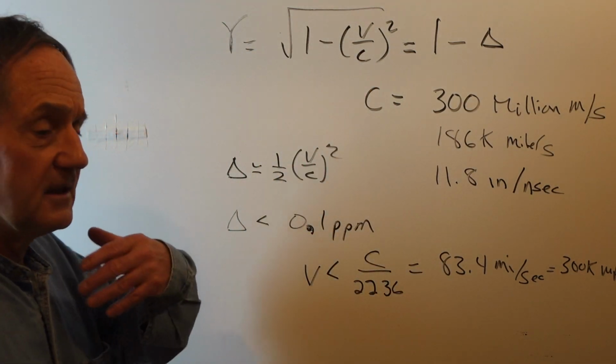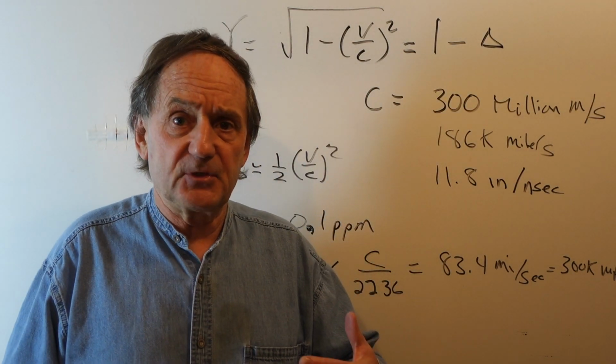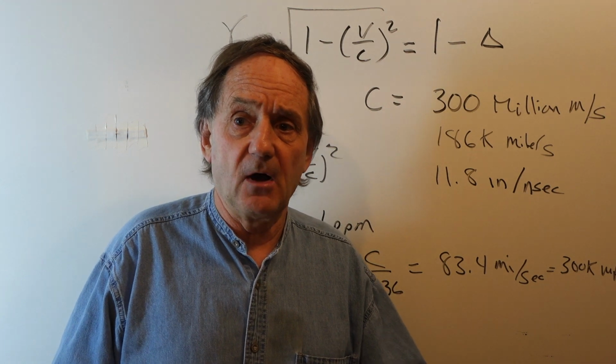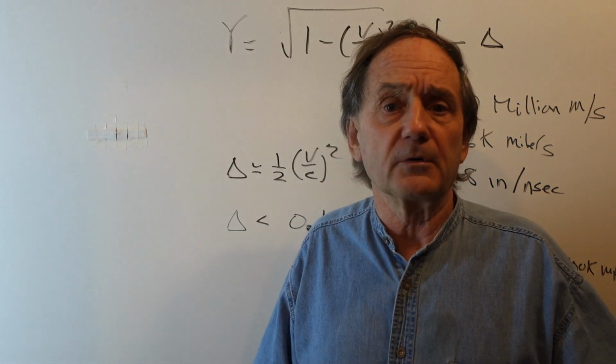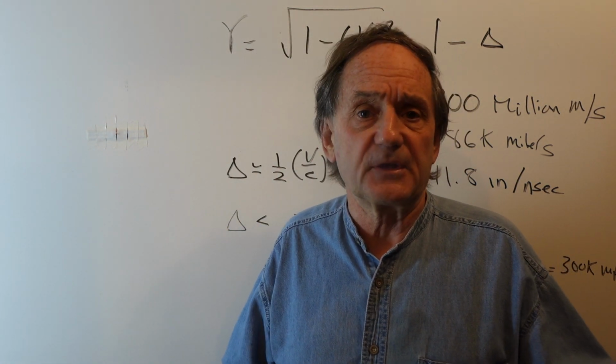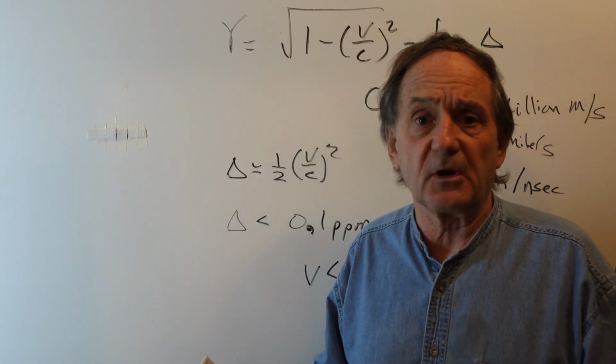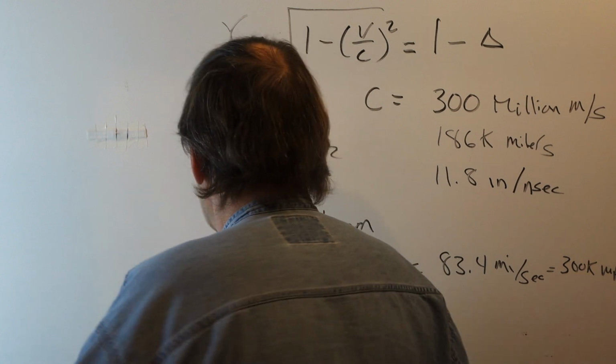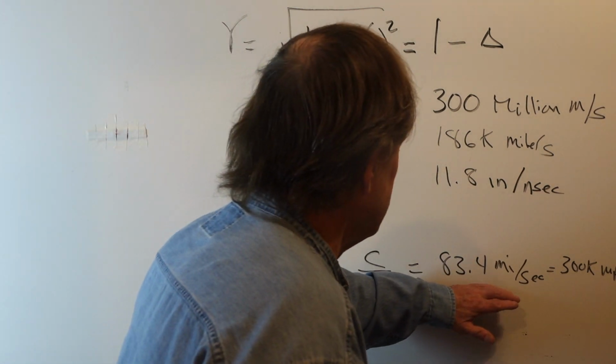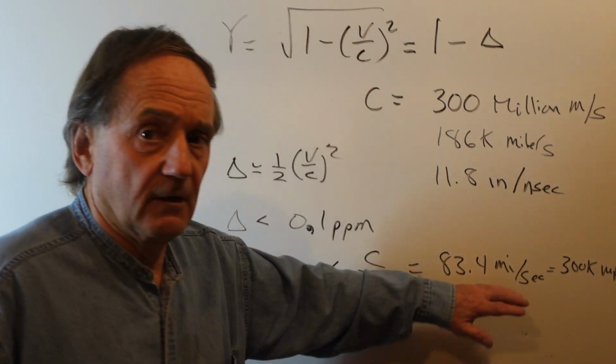But in dealing with macroscopic objects like you and I, baseballs, marbles, basketballs, things like this, what we call macroscopic objects where we have a sufficient amount of mass, there isn't any way we can approach these velocities